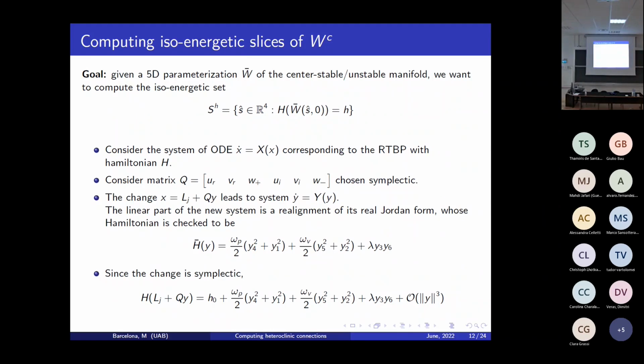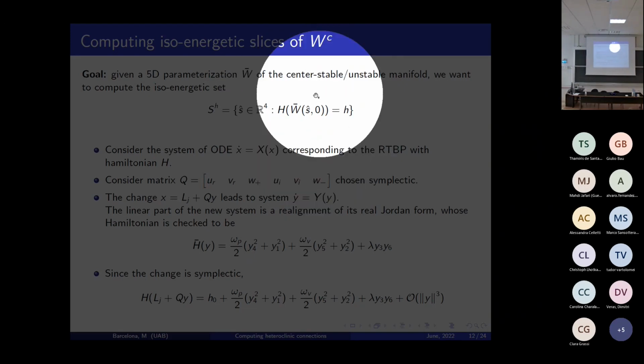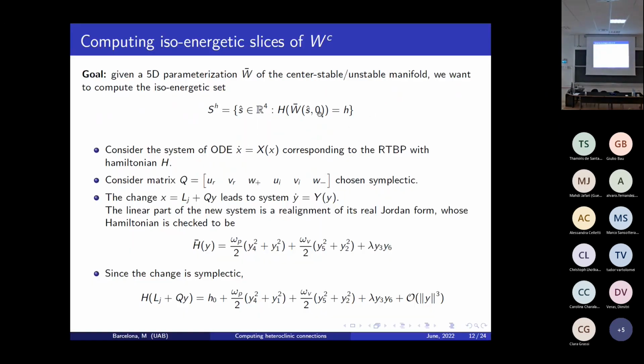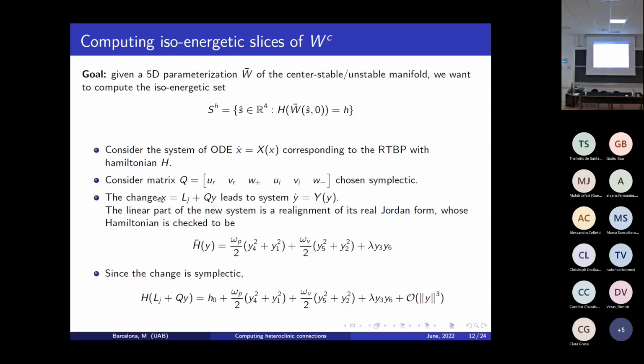In order to do that, we want to find an alternative expression for this formula. So we consider a matrix Q, where U sub R, V sub R are the real part of the eigenvectors that we had previously, and U sub I and V sub I are the imaginary part of these vectors. With this order, Q can be made symplectic by choosing suitable norms, thanks to the J-orthogonality of these eigenvectors. So this change over here, when L sub j is any of the libration points,